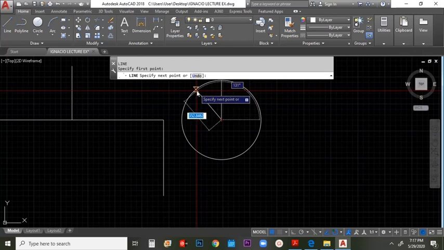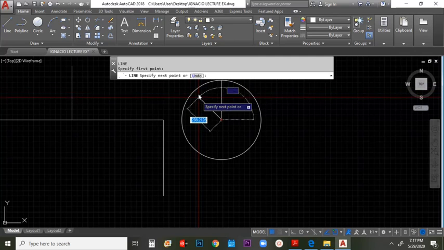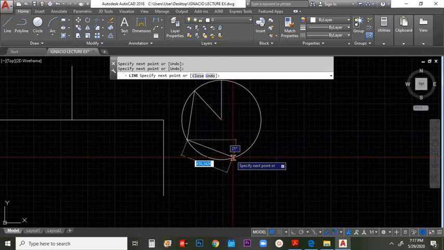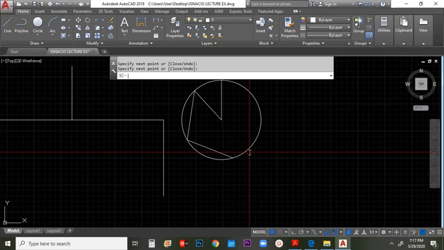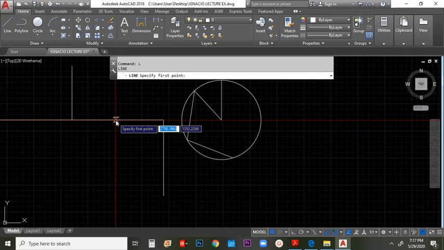Create a line again passing from the center of the circle, nearest within the circle. You have the icon or the symbol for nearest, which is a sort of ribbon. Click it anywhere within your circle, then enter. Say for example you wanted to create a line coming from nearest within this area. So click here.